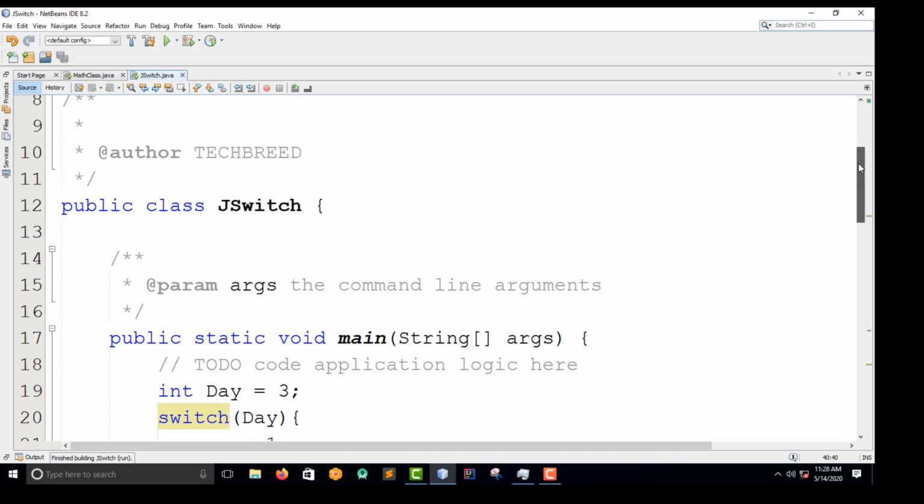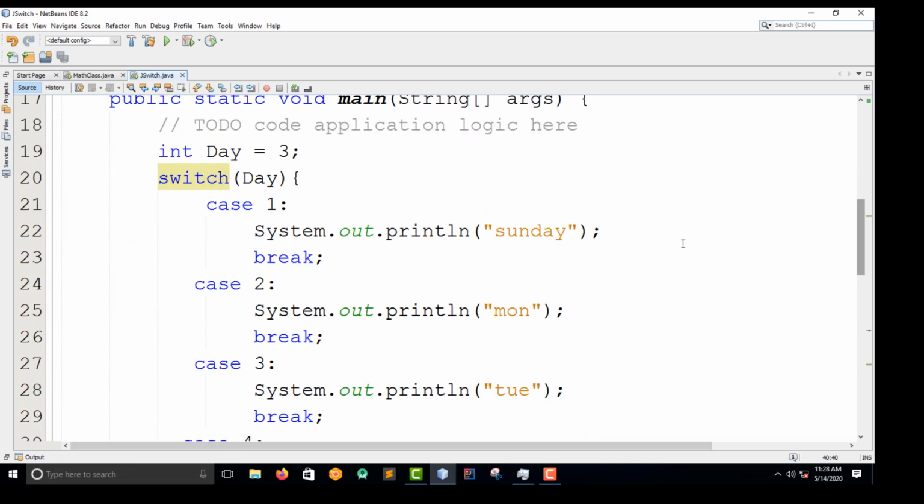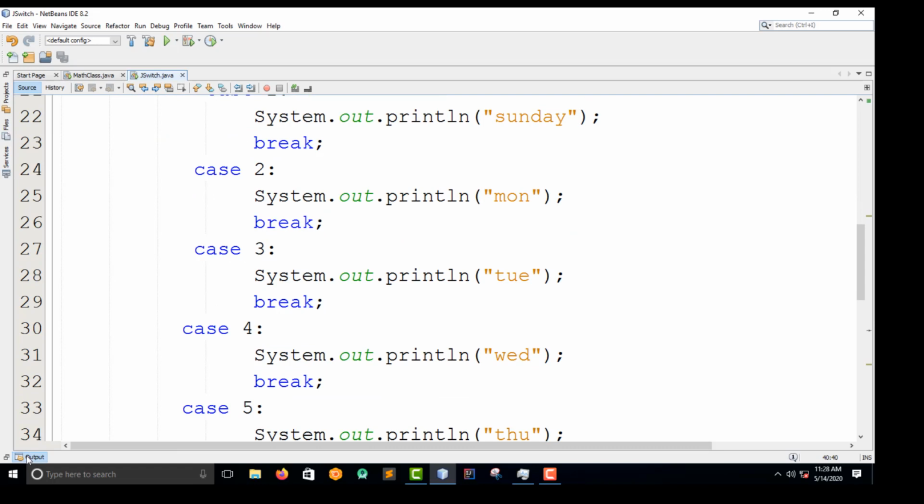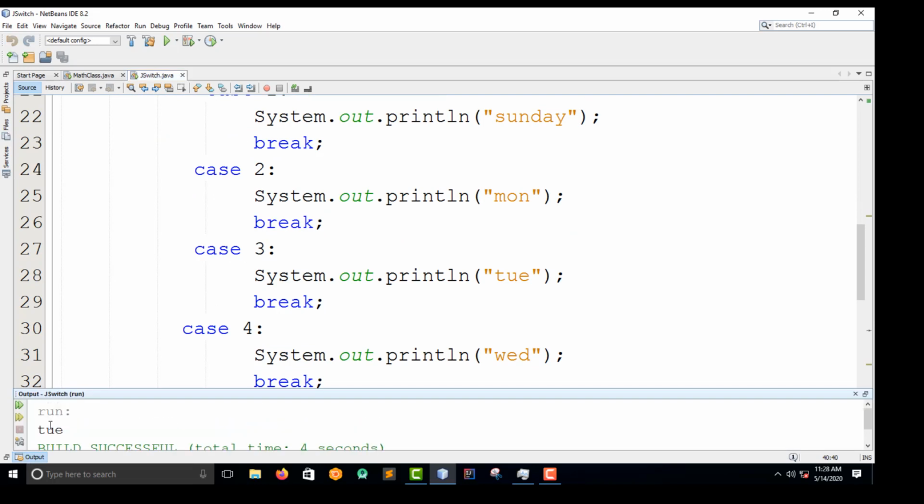Whatever day 3 is, it's going to print that. So case 1 is not 3. Case 2 is not 3. And case 3 matches this. So definitely it's going to print Tuesday. So what we have on the console, guys, is Tuesday. Yeah, it's working, guys. Let's congratulate ourselves.